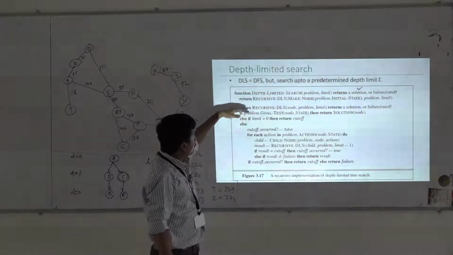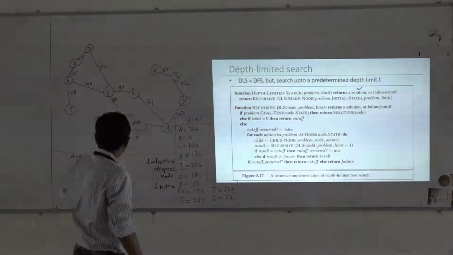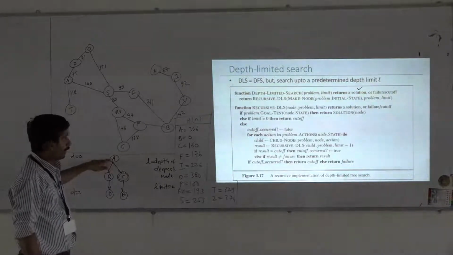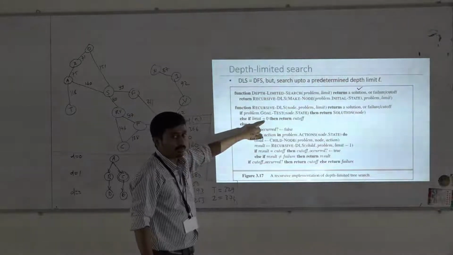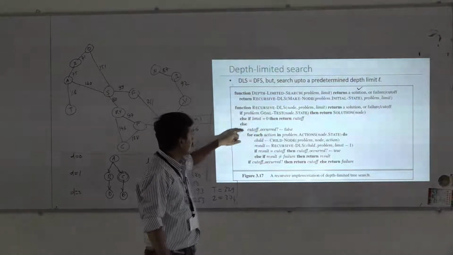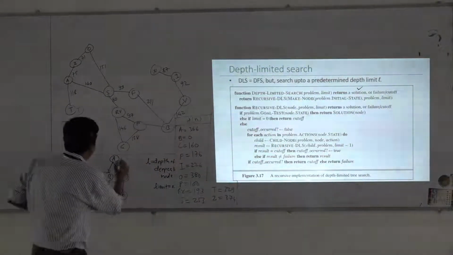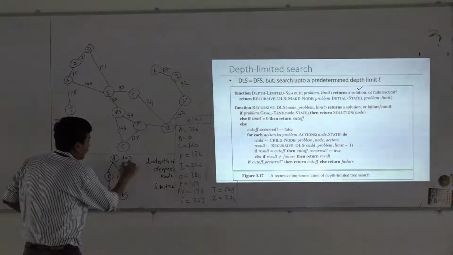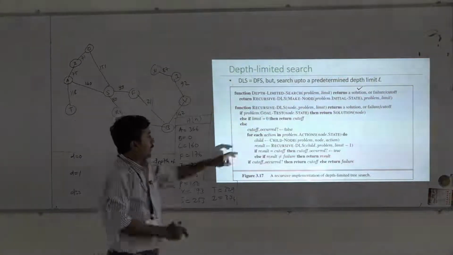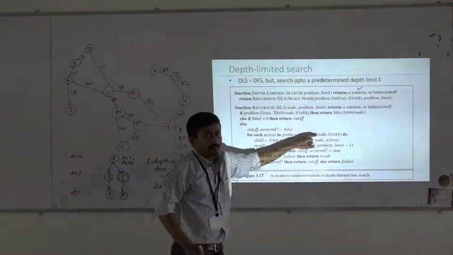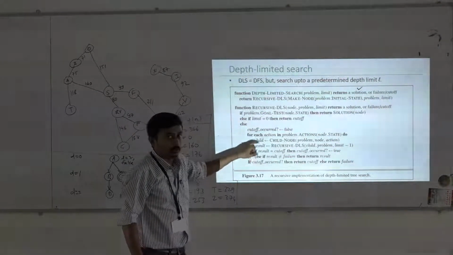Now we are applying a goal test on that node's state. We are comparing whether A is our goal, which it is not, right? So this is false. Then, else if limit is 0? No, limit is 2, so this is false, so we go here. Cutoff occurred is initialized to false. So L here is 2 and cutoff occurred is false. Then for each action possible from that state, here we have two actions possible, so we will iterate this loop twice.